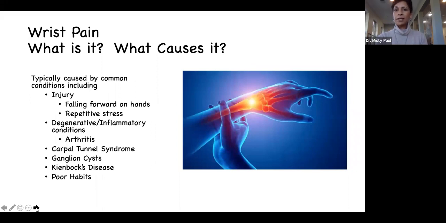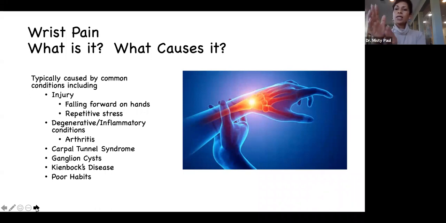And finally, wrist pain. Many of you are familiar with such things as carpal tunnel syndrome. Carpal tunnel syndrome affects the wrist. It's where the ligament that goes across your wrist that holds all the tendons together becomes inflamed, and that gives you pain every time you move your fingers and hand and wrist around.